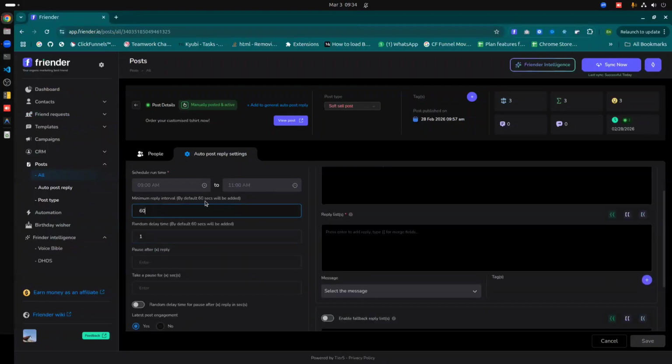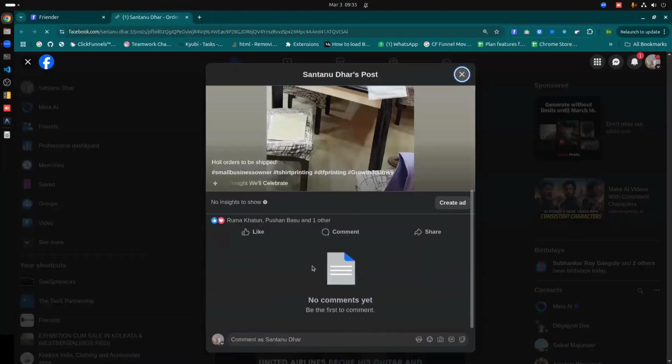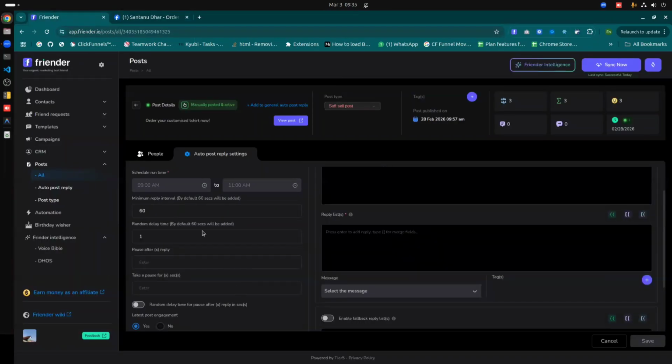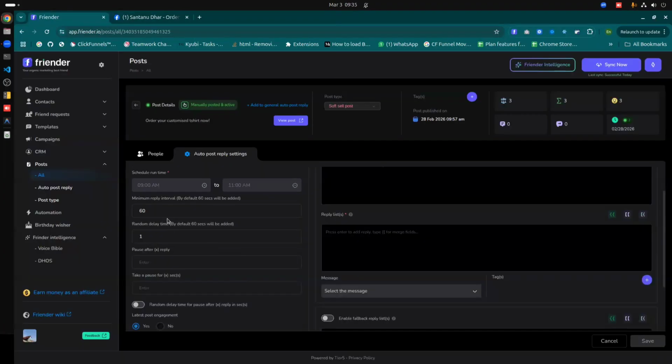Now minimum reply interval is how long to wait between each comment reply, right? So if I visit this post over here, and on this post, if I see any comments are coming, and I'm not actually there to reply to them, then these particular settings will automatically run within this stipulated time. And then if there is any comment which is not having any reply from my end yet, or any nested comment is not there yet, at that moment it will check, okay, there is one comment which actually is requiring a reply from my end, and it will start replying to that,